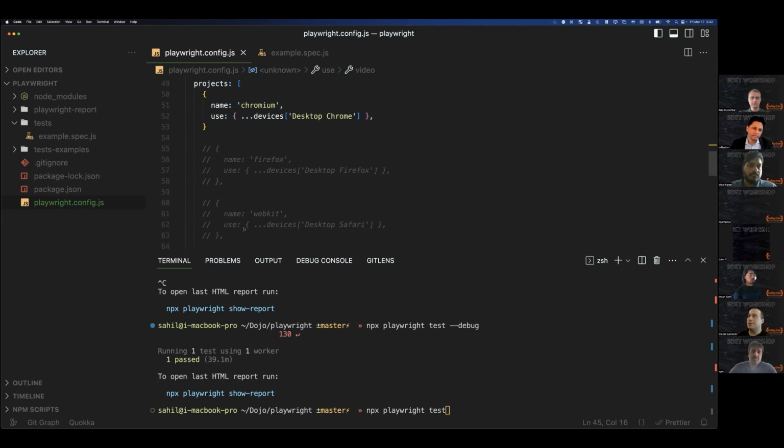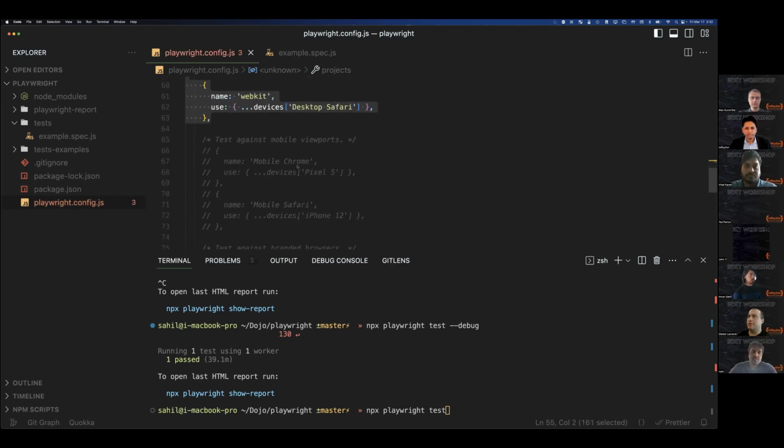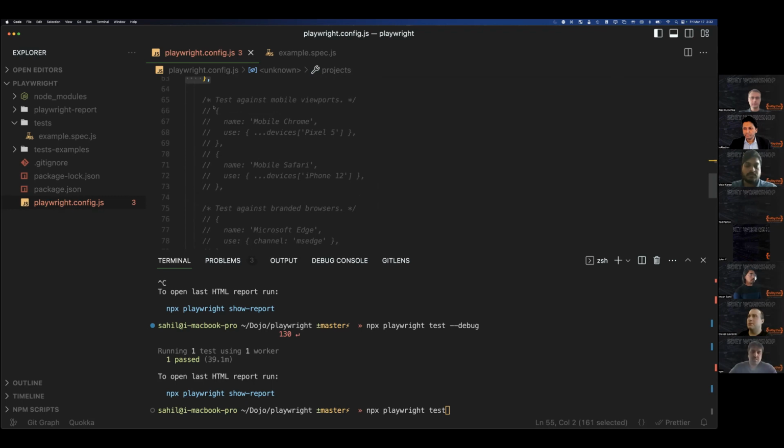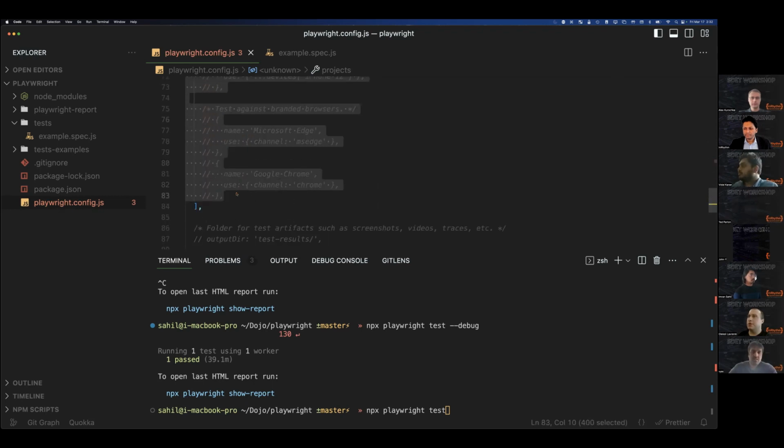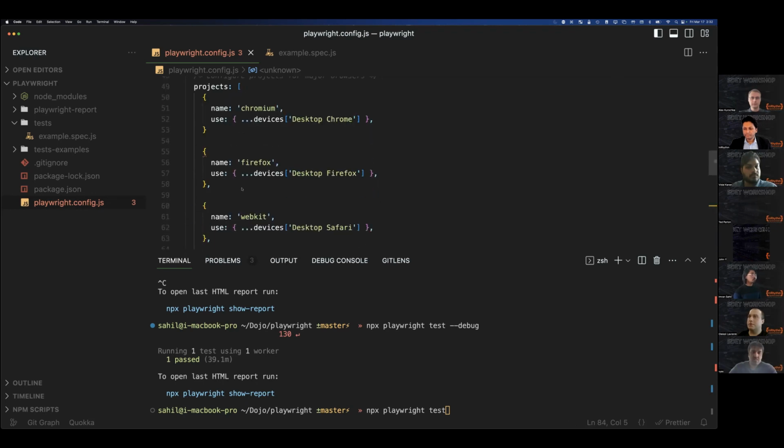Yeah, you can uncomment all browsers, doesn't matter. And yeah, mobile. Uncomment this as well. This is web mobile, not native, but it's still good.